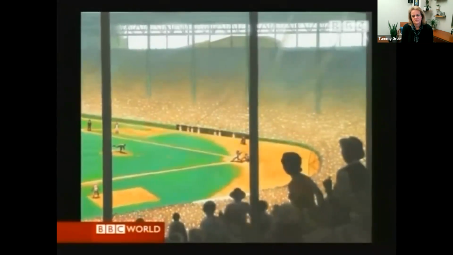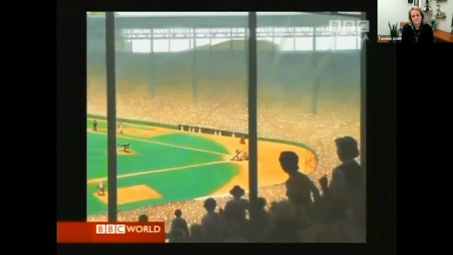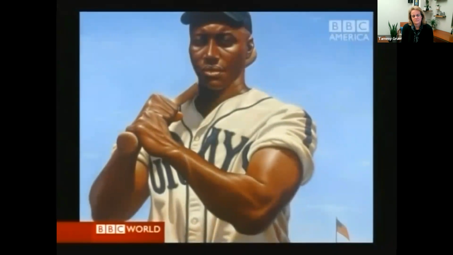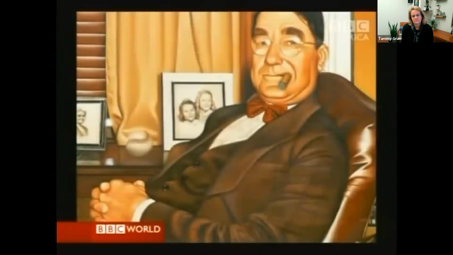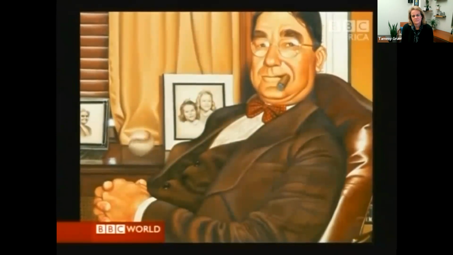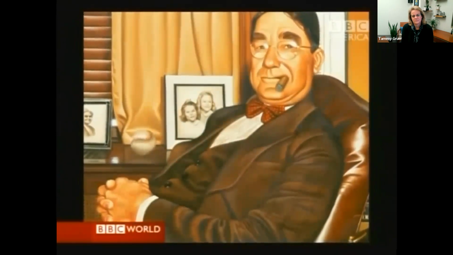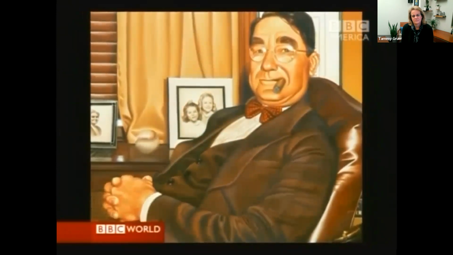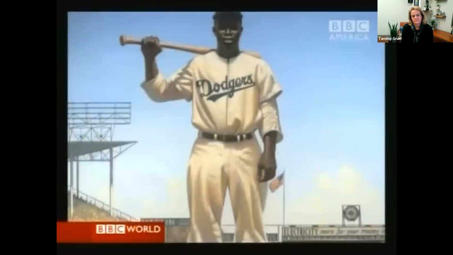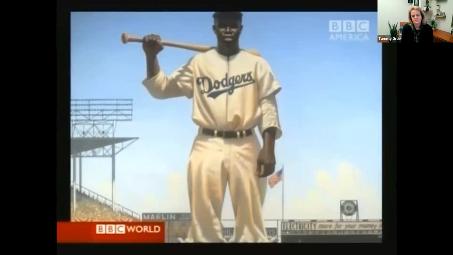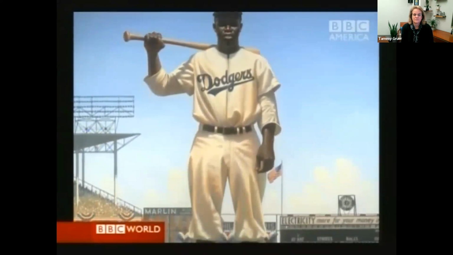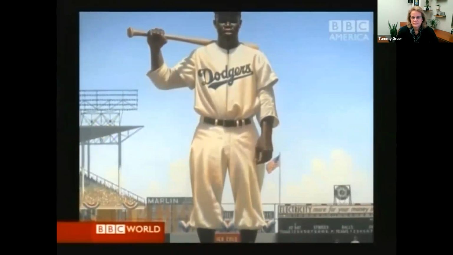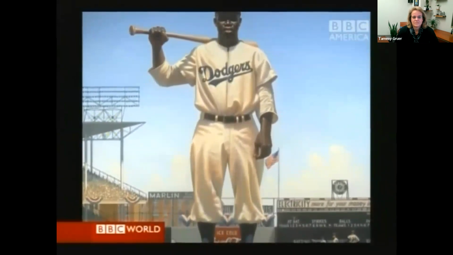As a result of seeing all these fans attending these great Negro League spectacles, the major leagues took notice and they decided to open the door for African-American players to play in the Major League. So Branch Rickey seized the opportunity to integrate Major League Baseball, being the first owner who would take a chance and hire an African-American player to play on his team. And he signed Jackie Robinson in 1946 to play with the Brooklyn Dodgers. For the image of Jackie Robinson, I decided to depict him on his first day with the Brooklyn Dodgers, April